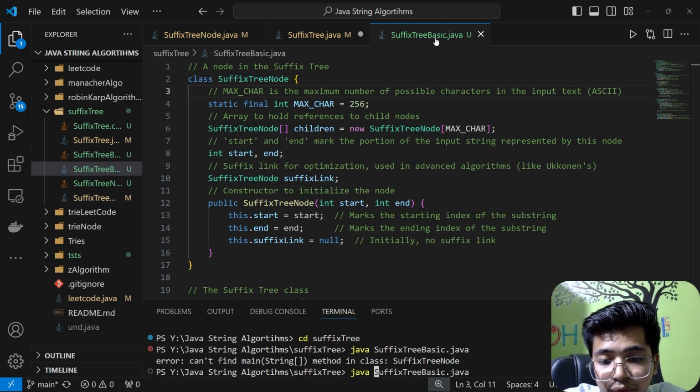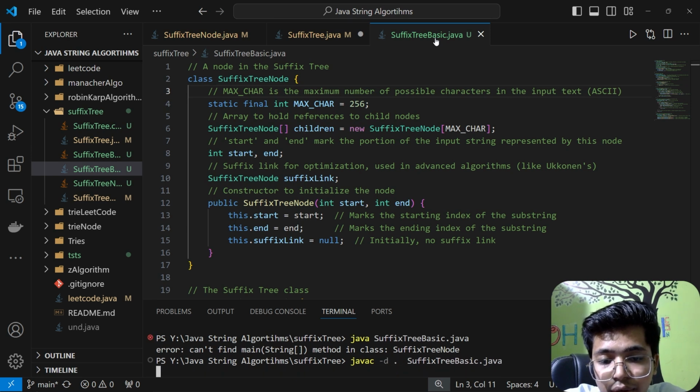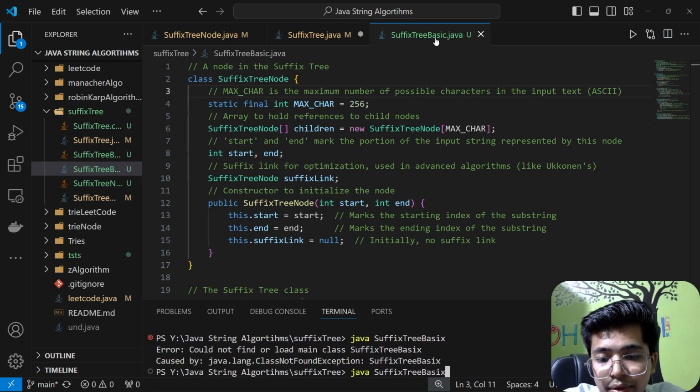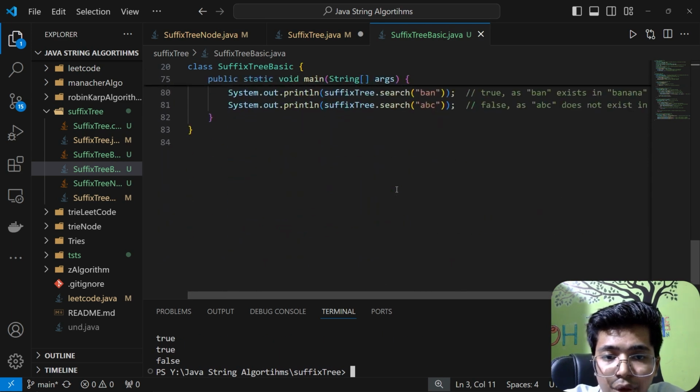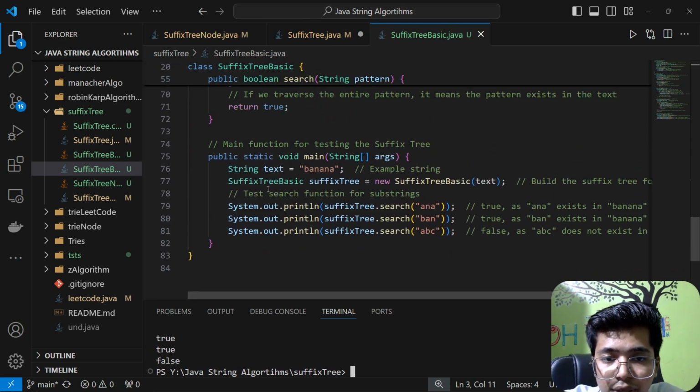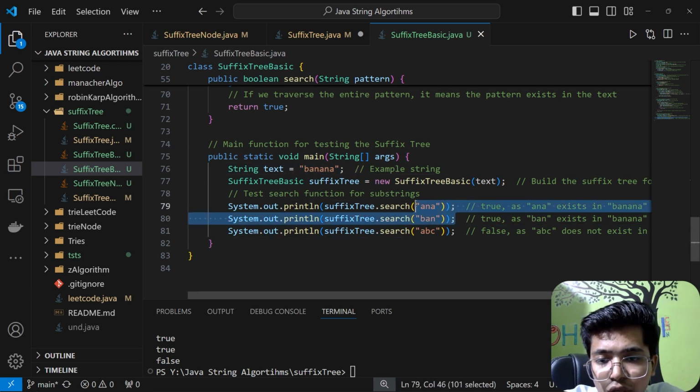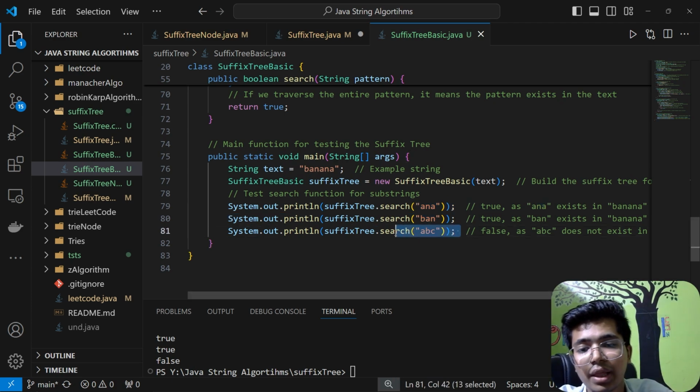Sorry, first we have to compile the file, javac -d dot, and now we can run this file, suffix tree basic, and you can see we got the outputs based on that. First we try to insert this word banana, and now we are searching the prefixes ana, ban. So these are actually correct suffixes, so we got true, and this abc is not a possible suffix, so we got